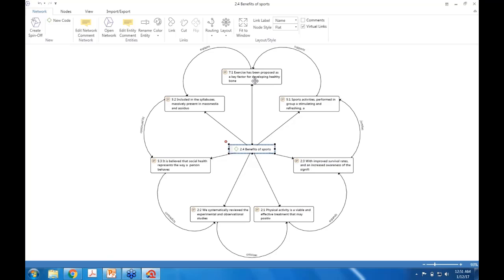At the end of the day, what I want is to be able to see my statements talking about the benefits of sports, the concepts that I have indicated. But I also want to see what the relationship is. Now, when I'm writing my literature review guided by this network, I'll be able to write, yes, benefits of sports activities is actually supporting exercise has been proposed as a key factor in healthy bone, included in the syllabus. For example, explains, continued. By having these linkages, it will very much help us in putting ideas